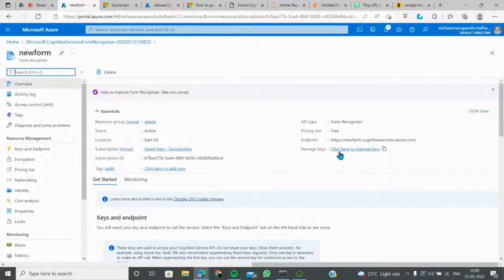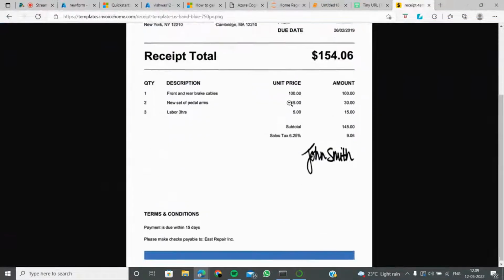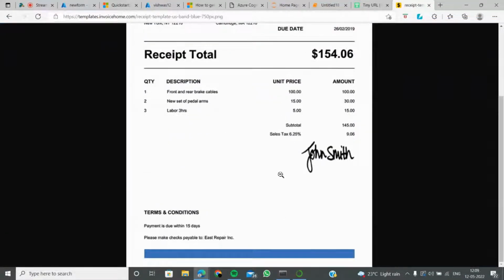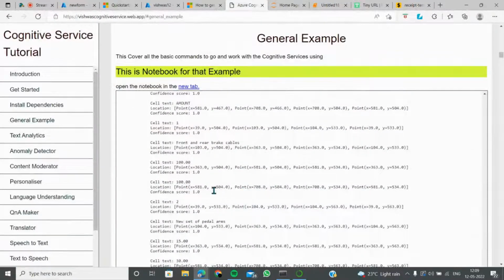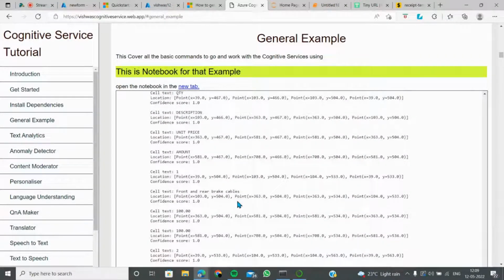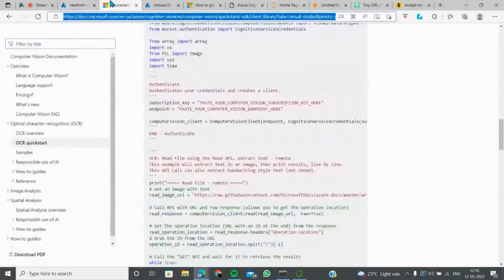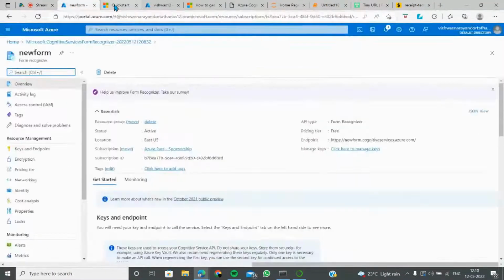So sorry for that. I don't want you to just waste it. So this is how the form will look like, and it will obviously come up with a lot of other insights from here. So if you see my demo, it has already come up with a lot of insights, cell text and everything. Everything has been come up here. So this is how it is. So it says amount 100 and everything. So let's just go on and do it.